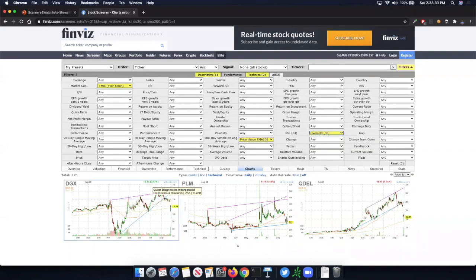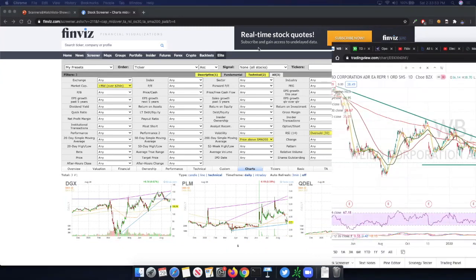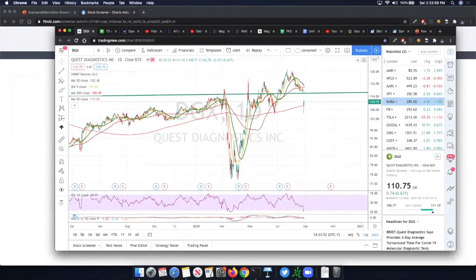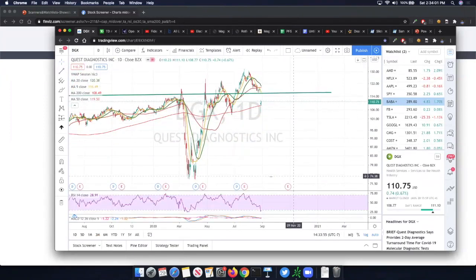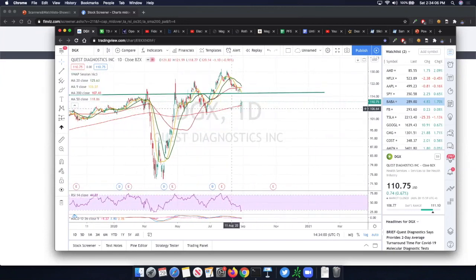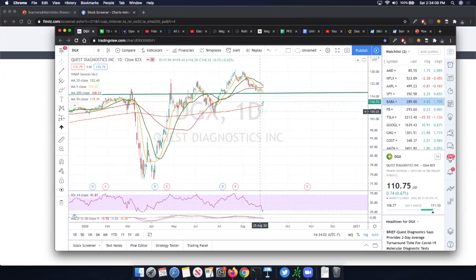So if you see here, oversold is 30 RSI value, and price is greater than 200. So what I try to look at is, just by looking at these charts, if I'm able to spot any support or resistance. In this DGX, what I see is there might be some support over here. So what I do is, DGX, I'll just try to pull in on this time frame